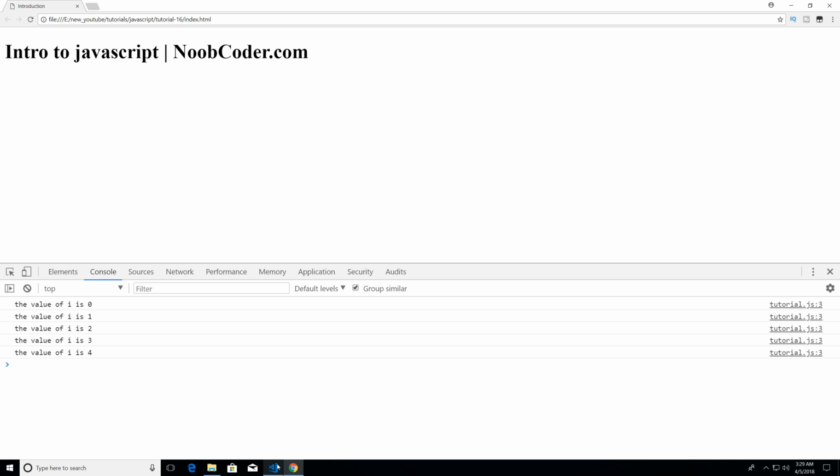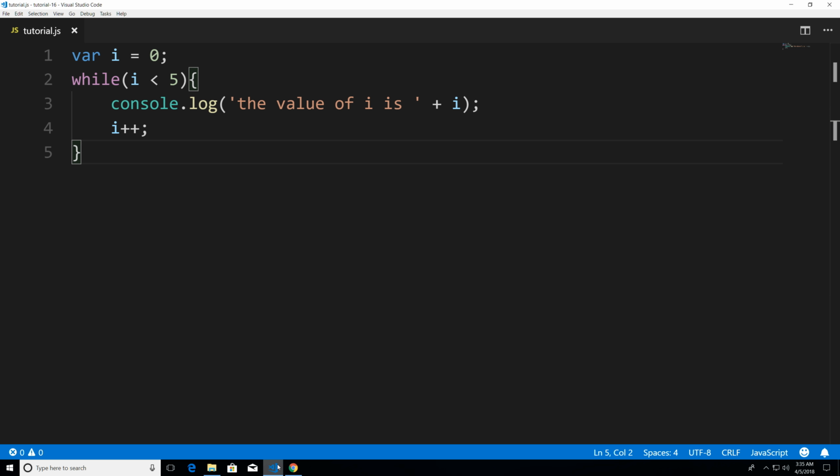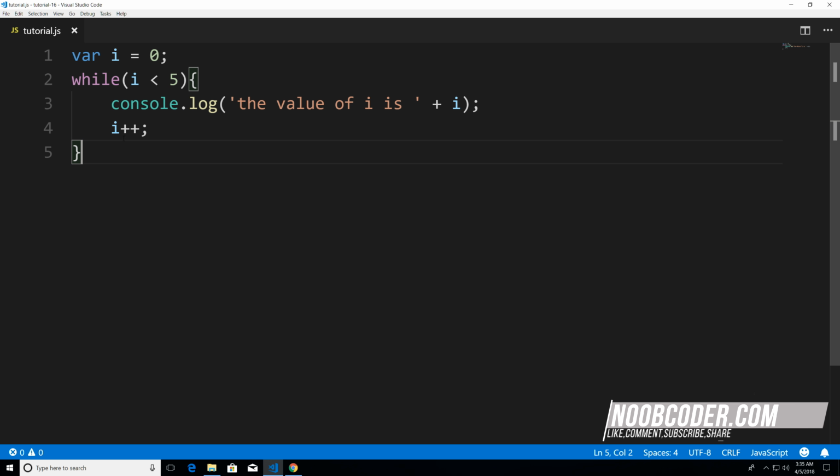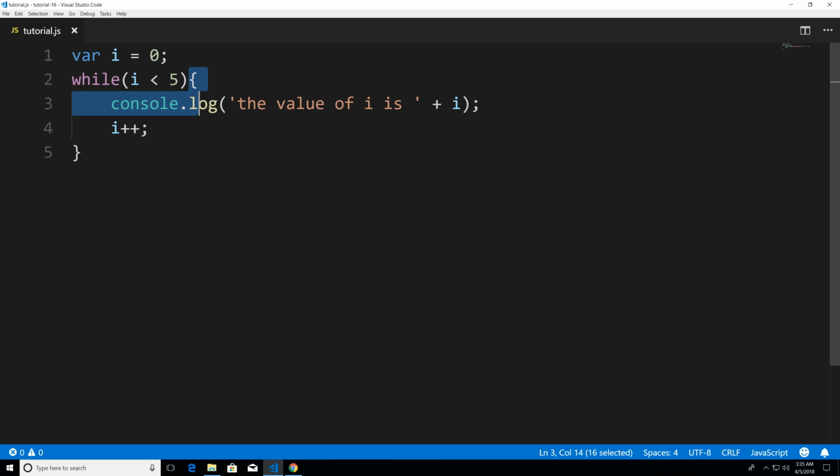So let's head back to our editor and let's trace what's happening internally. So we start off at 0. Is 0 less than 5? Yes, this is true. Execute this block of code. Now I have i++, which means I increment i. i is now 1. Is 1 less than 5? Yes. Execute this block of code. Post increment. i is now 2. Is 2 less than 5? Yes. Execute this block of code, post increment,